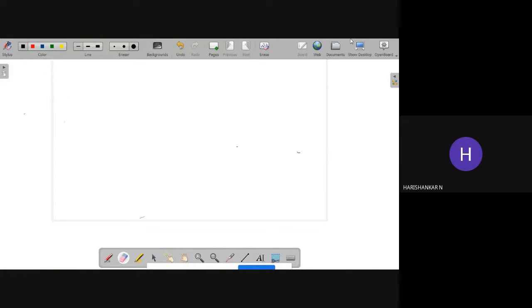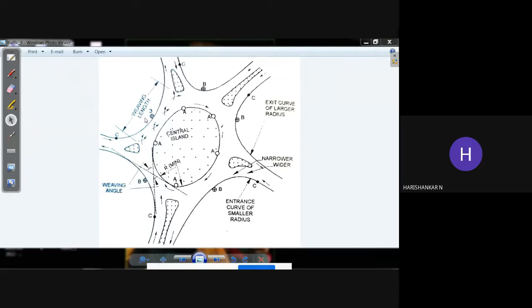Now you can see various operations. So what are the various operations? Here it is diverging, and here it is weaving, and once it has weaved it will move like this. Here again it is weaving, and once the weaving is completed it will converge towards this direction and move away. So first a diverging, then a weaving, then again a weaving, and after that a converging. In that way it will move along its path.